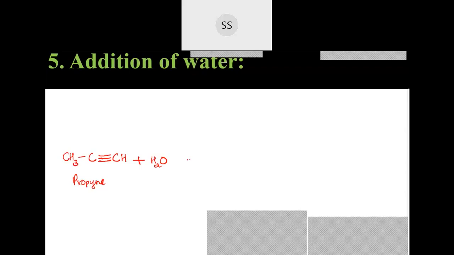Like we have done for alkene, in a similar way, you can break this water into two. Okay, in the two forms, that is H plus and OH minus ion. Now can you tell me where these ions are going to go? I have broken them down to H plus and OH minus. Where should I take this H plus and where should I take this OH minus?